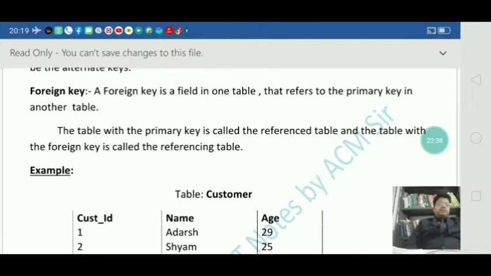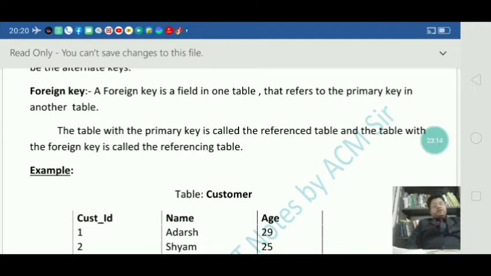So the data types in both cases will be the same. That means the data type of the foreign key field in one table and the data type of the primary key field in another table should match. Okay.